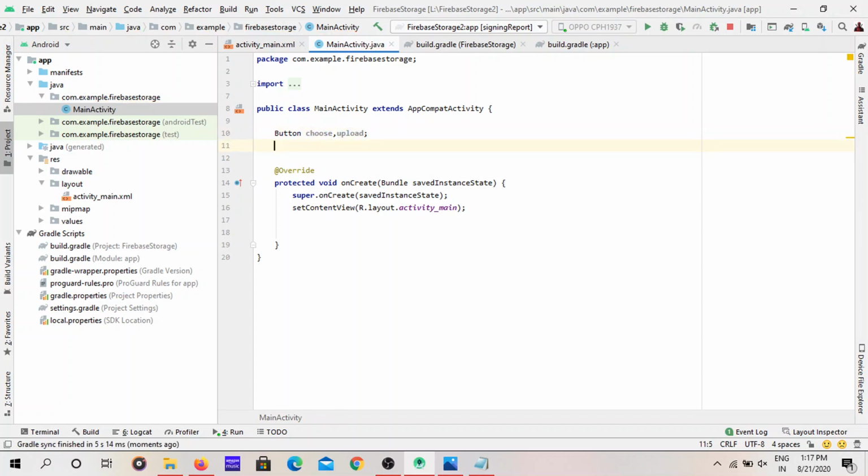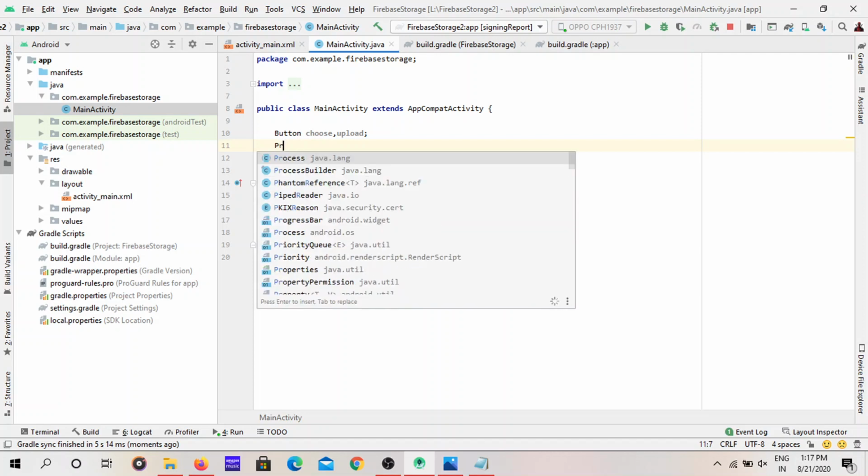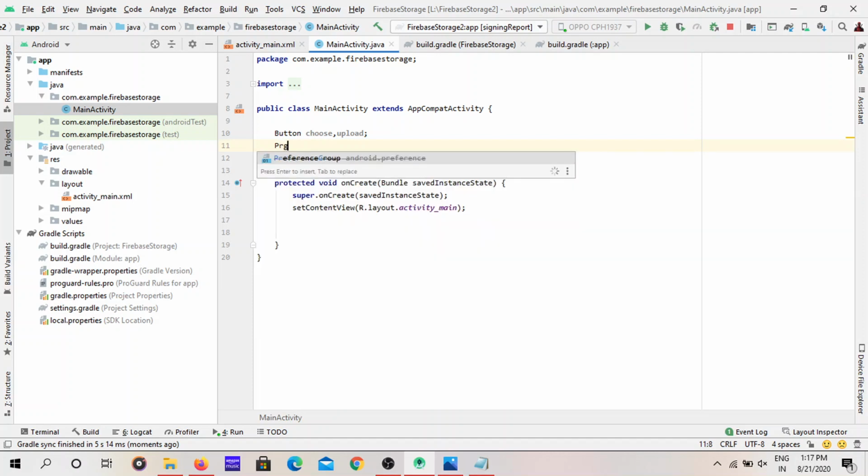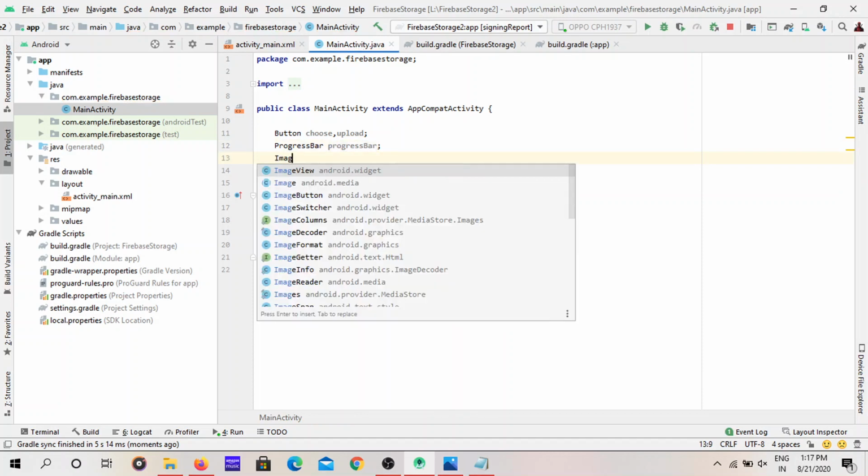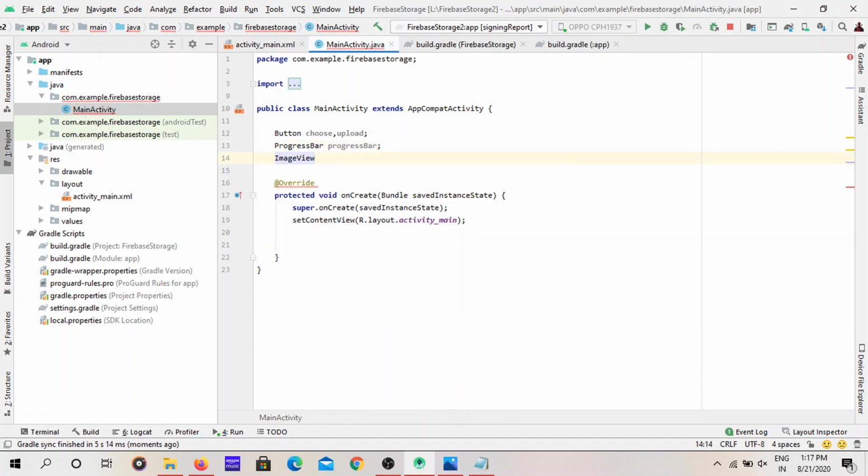Now let's give one variable to the progress bar, and give some image view. We are done with this.